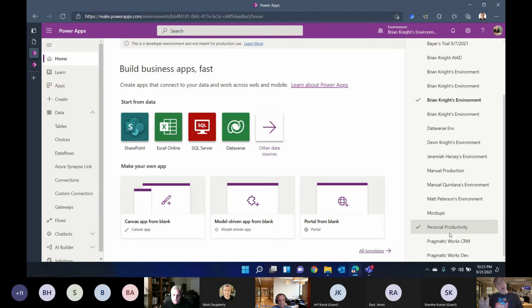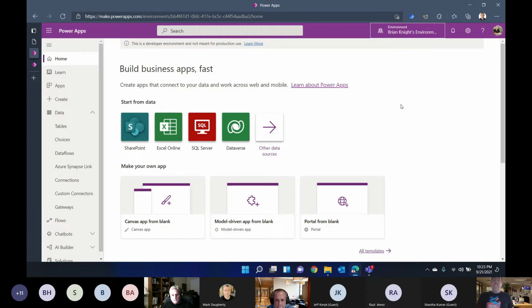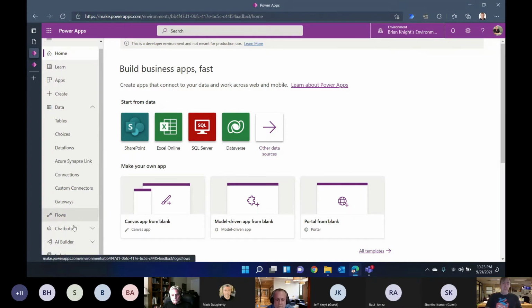So if you want to have proper application lifecycle management where you have promotions from dev to QA to prod, you're going to want to create 3 new environments: dev, QA, and prod. And then you can promote the apps and all the stuff between those environments. All right, so speaking of promotion of apps, the way we typically start a Dataverse project is under solutions on